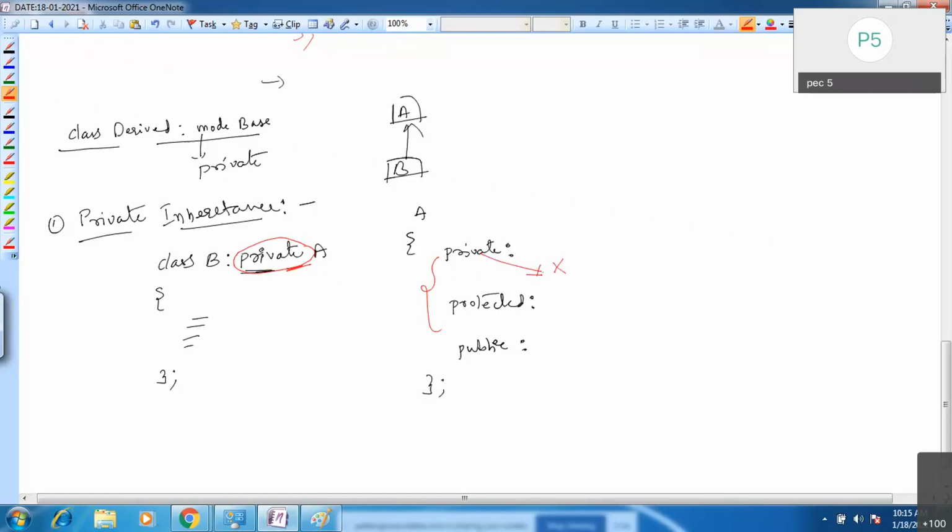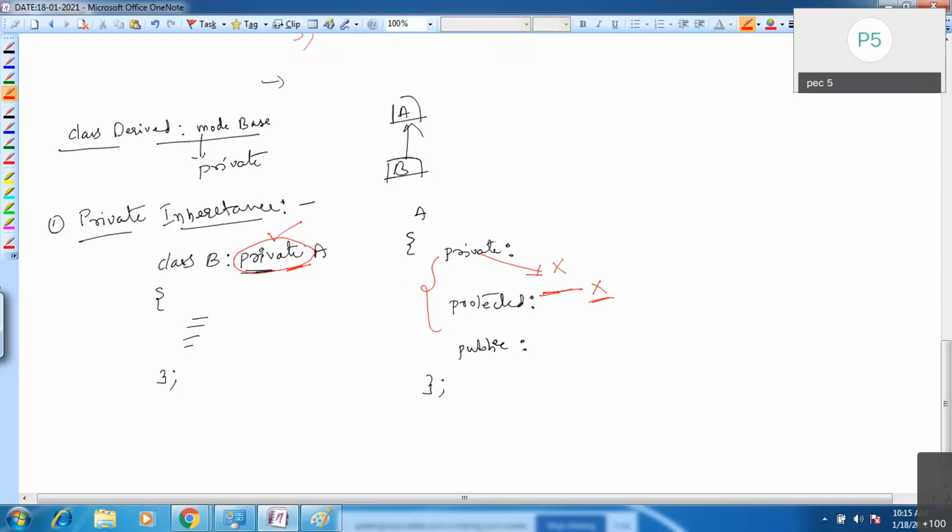No, right? The private members of A cannot be accessed inside B, and the protected members also cannot be accessed from the derived class B.